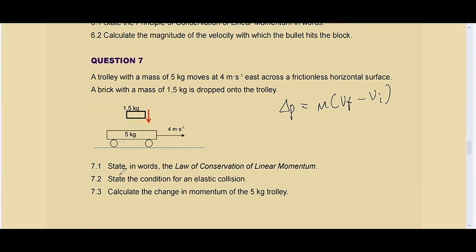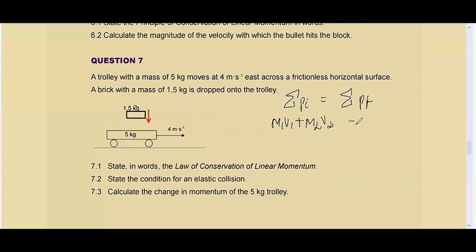Before we can calculate the change in momentum, we would have to find the final velocity. So our journey begins here. Sum of momentum initially is equal to sum of momentum final. Now we have M1. These are two objects. It's the brick that has been dropped from above there, and then we also have our trolley. M1 V1 plus